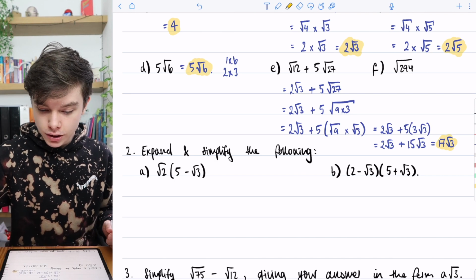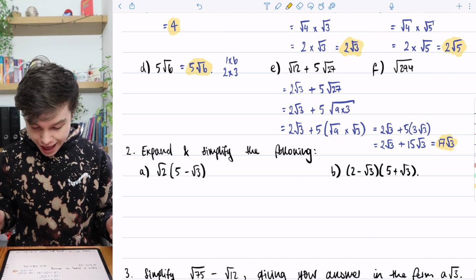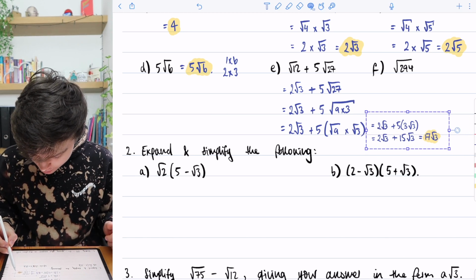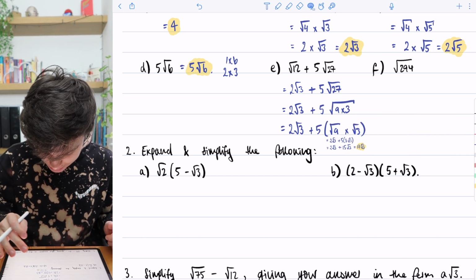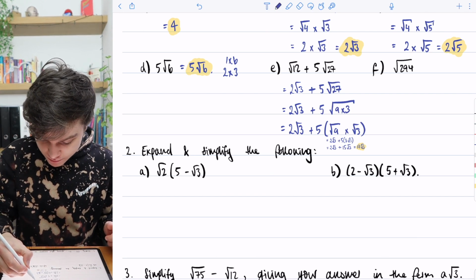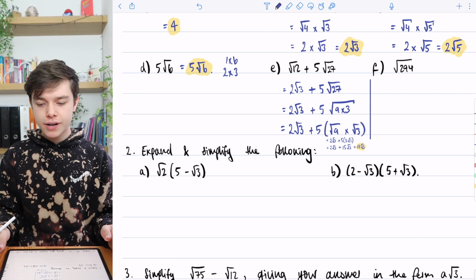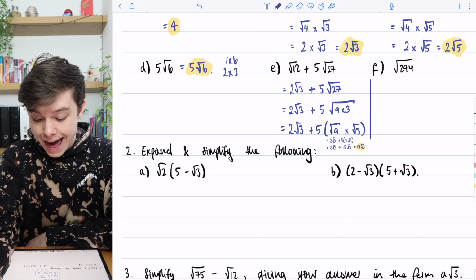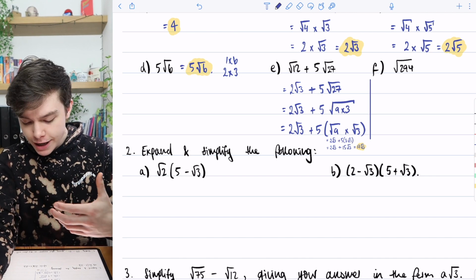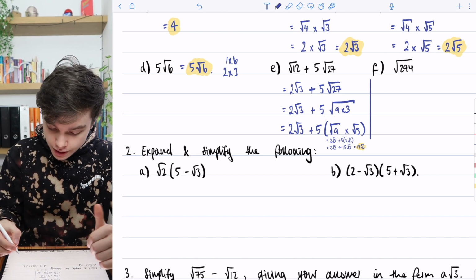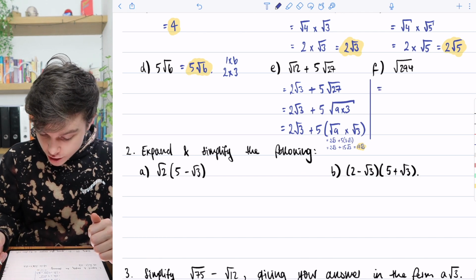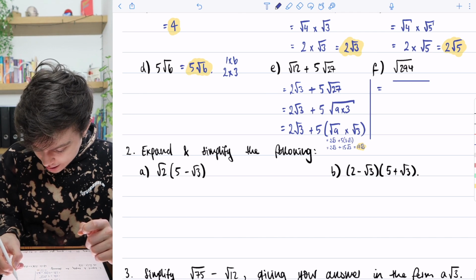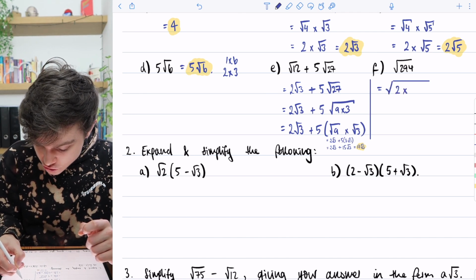All right, let's have a look at the next one. So F, and I'm just going to make that a little bit smaller, like that, and we'll just put it down there. Okay, F might have been a little bit tricky, and I have worked this one out before the video. You need to split this up into, again, take the biggest square number out, but you might not see this straight away. So what we can do is we can observe that 294 is an even number. So we can take out a factor of 2, and it's 2 times